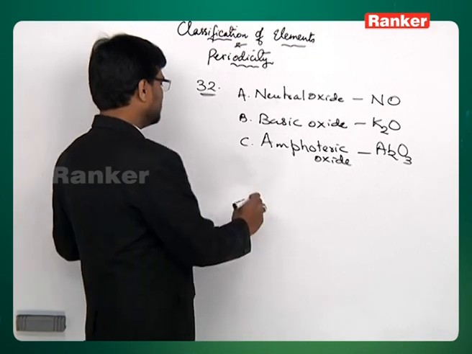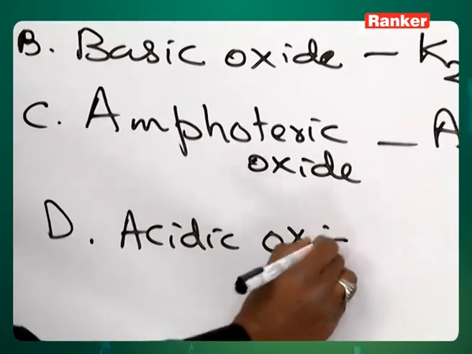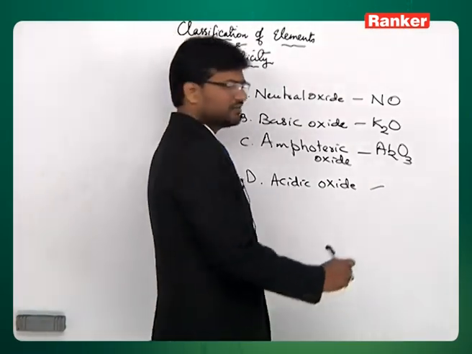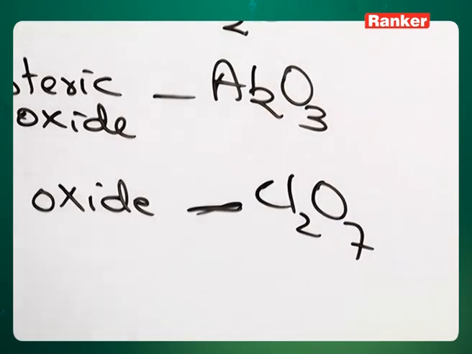Then you have D, acidic oxide. Higher oxides of non-metals are acidic. So Cl2O7 among the list of compounds is an acidic oxide because